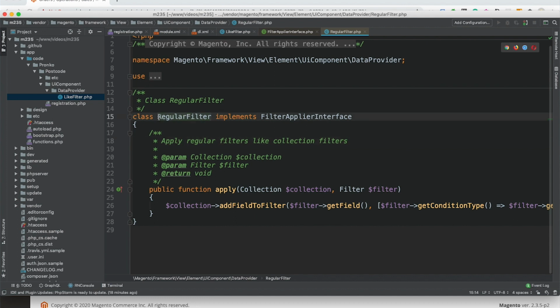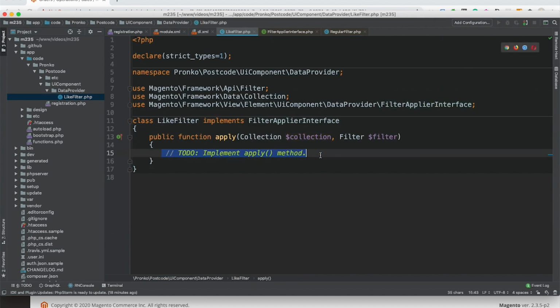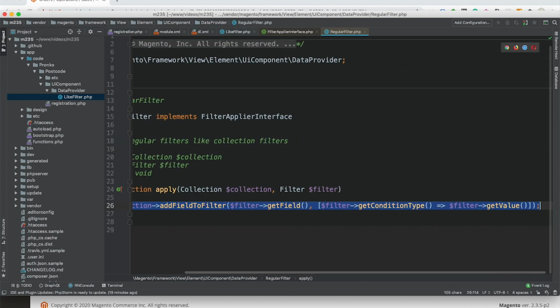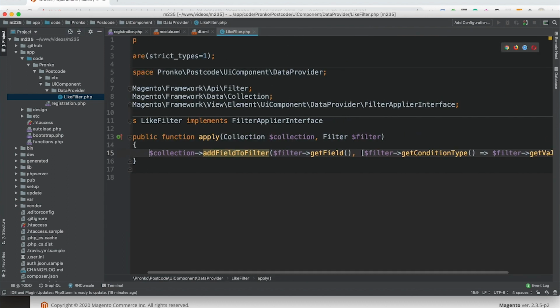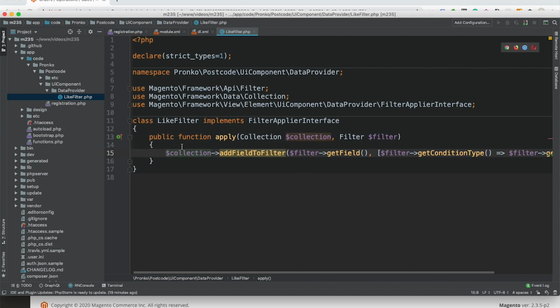since we're overriding this regular filter, and this filter is used to provide like functionality, we would also have to have this logic in place, just in case this like filter will be used for more than one field, not only the shipping address. So first of all, I will copy this logic from the regular filter.php class and insert it here. And this is going to be my default logic.